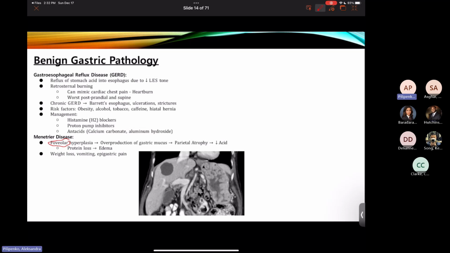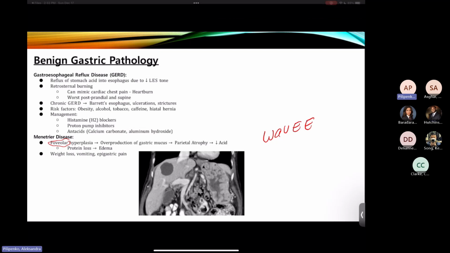Or you can remember it as WAVE. Those are symptoms such as weight loss, anorexia, vomiting, epigastric pain, and edema. All mnemonics from the first state. Some of them actually,